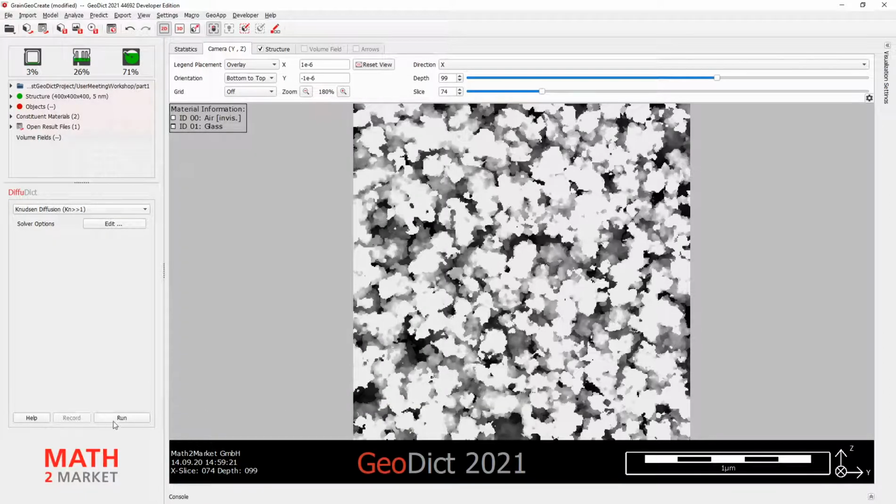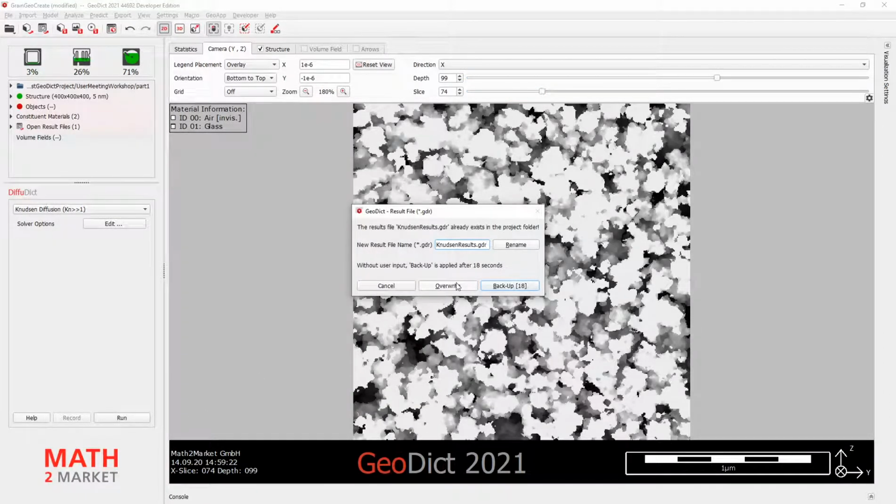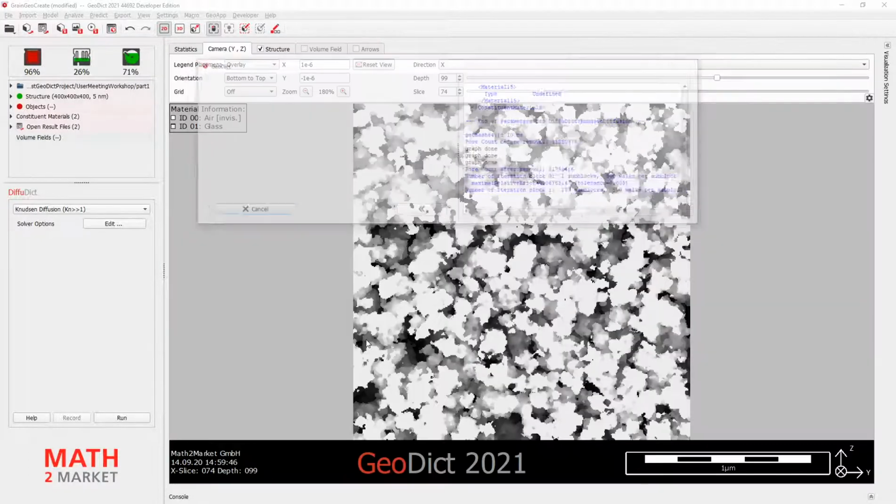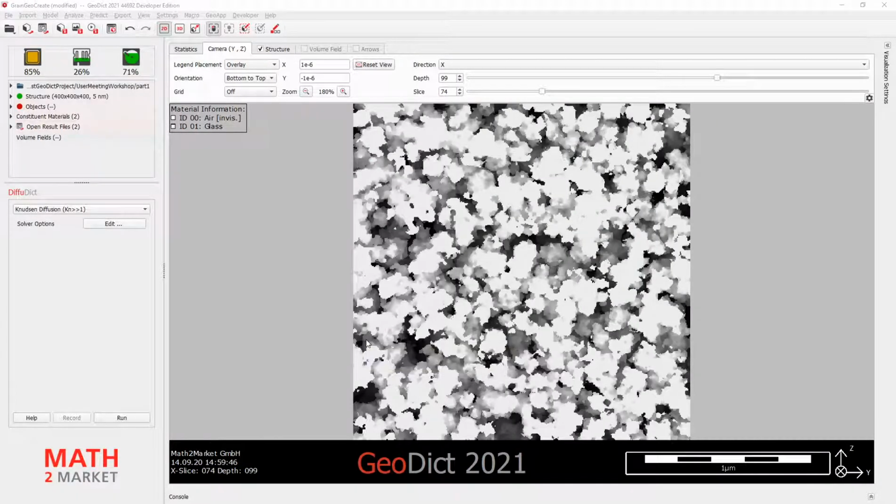Okay, so then I click run and then it simulates the Knudsen diffusion. So more or less now, billions of particles will be simulated, how they move from wall to wall, and at the end, take the travel displacement of our molecules, or in basic principle, how far did they travel from their starting to their end point and how much time.